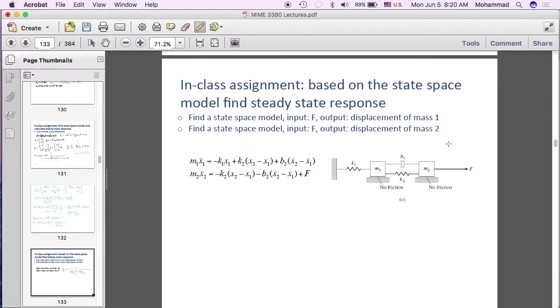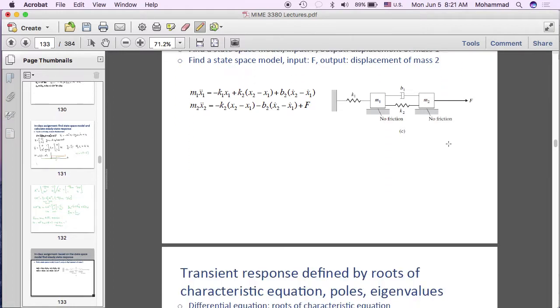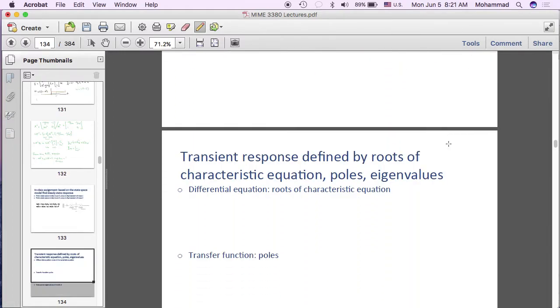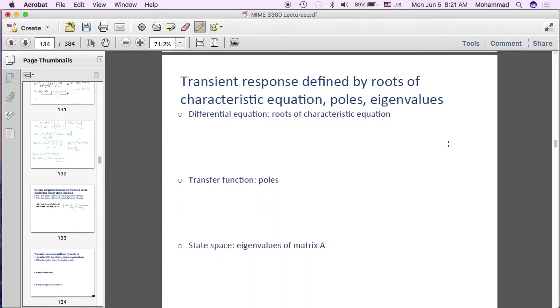Because this is a fourth order system, the resulting A matrix would be 4 by 4. So in order to find the inverse of a 4 by 4 matrix, you need to probably use a calculator or something like MATLAB. This is something that you need to have a tool to perform. Okay, so far